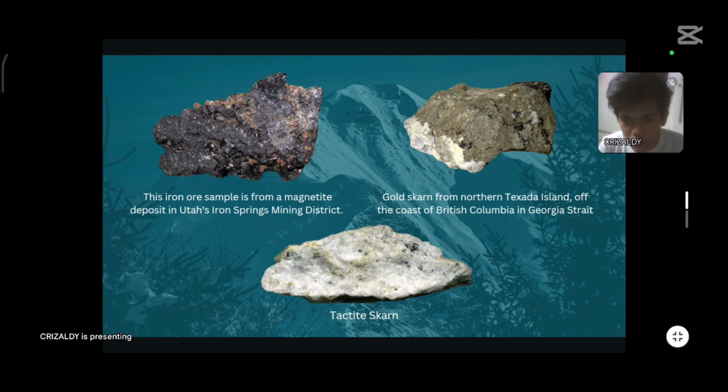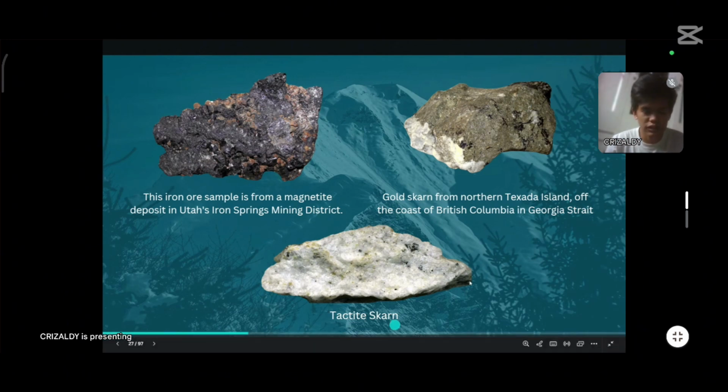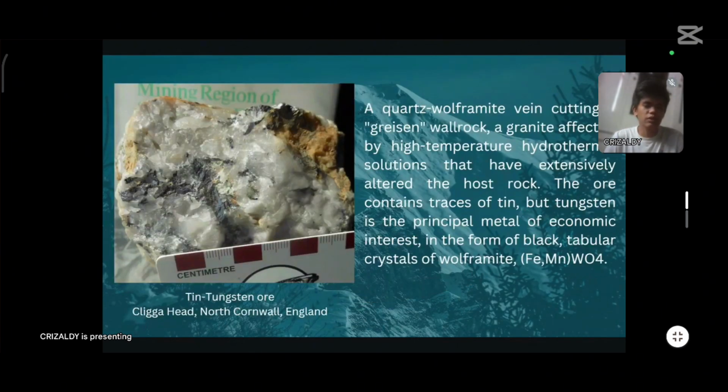Gold minerals. And lastly is the tactite skarn or the carbonate. Commonly carbonate lang yung mga yan. And ito naman isang example ng tin tungsten ore sa North Cornwall, England, kung saan makita natin sa grazing or pagpasok, ito isang talaga granite dahil because of the high temperature